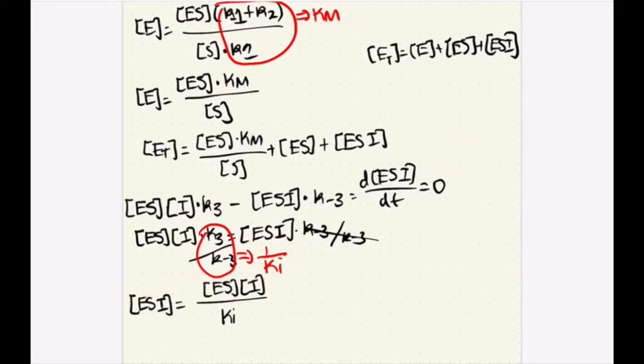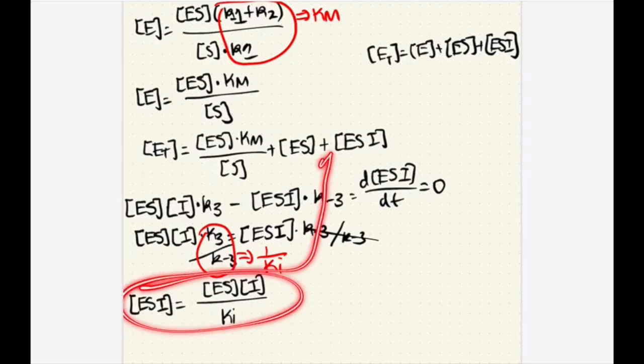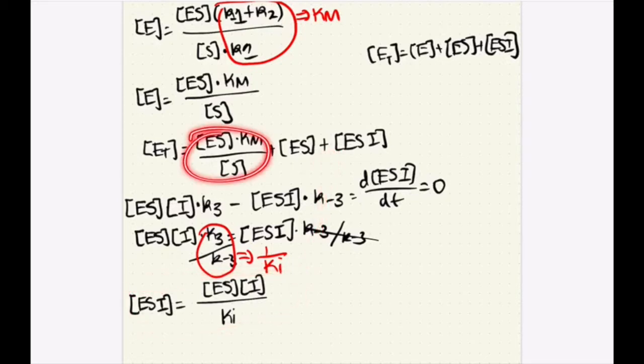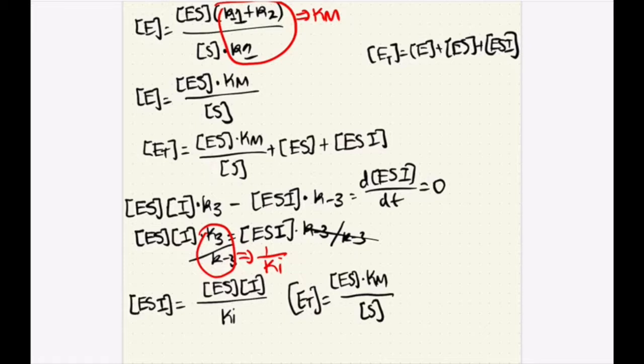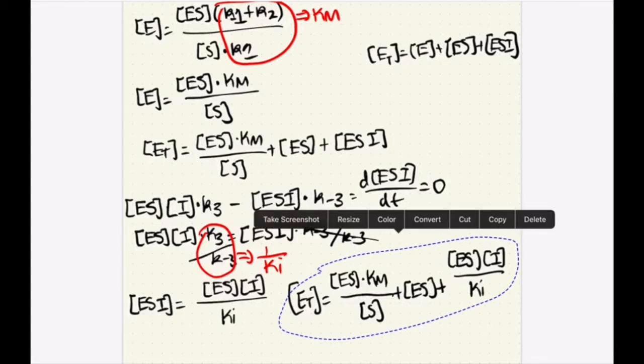Actually, we should plug it back into this equation because this has the updated E value. So we're going to find our total enzyme concentration is equal to the enzyme substrate complex times the Michaelis constant over the substrate concentration, plus the enzyme substrate complex concentration, plus the enzyme substrate complex concentration times the inhibitor concentration over the inhibitor constant. So now that we have this equation,